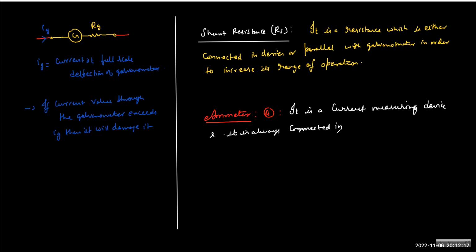How we connect? In series or parallel? In a circuit, you connect ammeter in series or in parallel? Series. So it is a current measuring device, and it is always connected in series in the branch